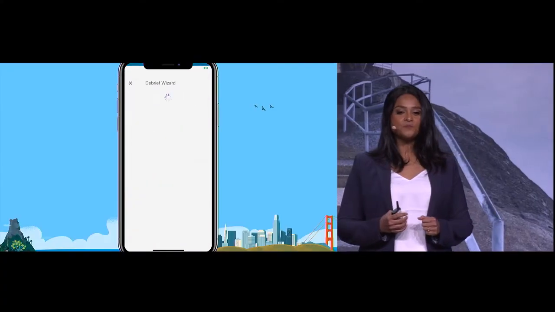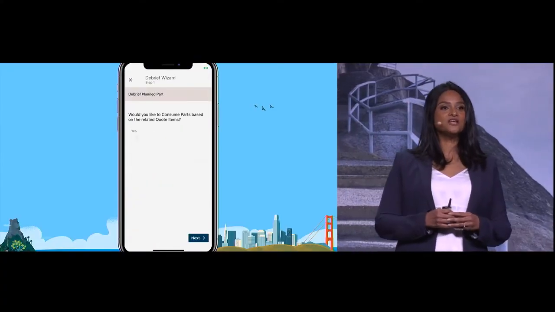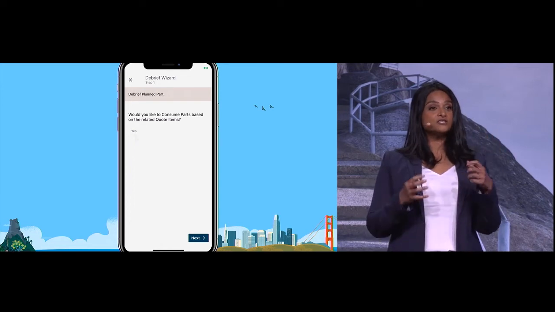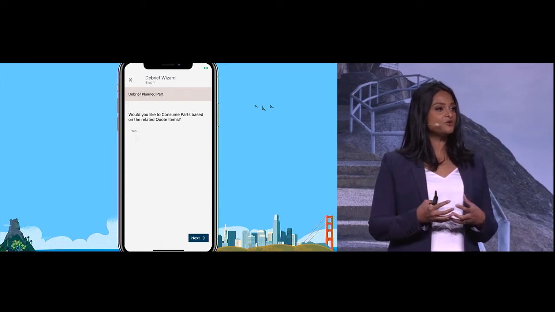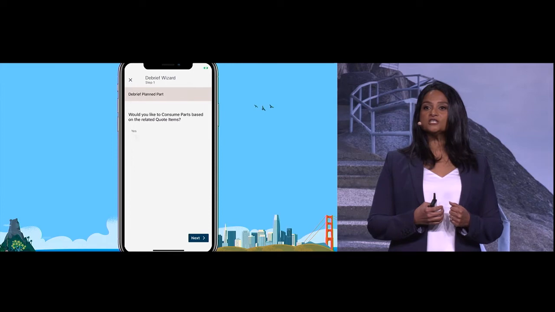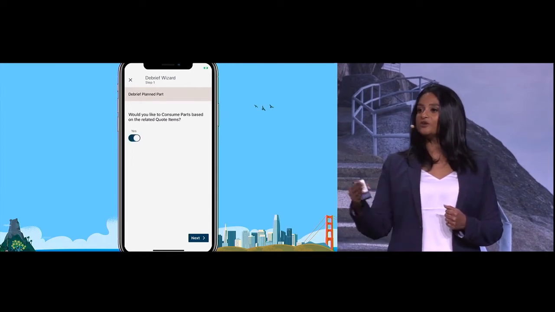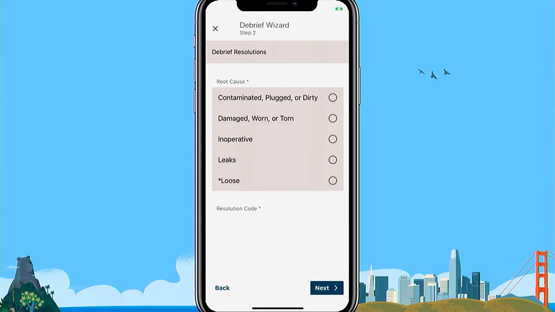In addition to this, Stratasys has given each and every mobile worker the ability to walk through step-by-step resolving the issue and capturing data through a debrief wizard. The first step of this wizard is acknowledging that this work order is linked to a CPQ quote. And Bria is given the option to consume all of the parts that were quoted to the customer. Next, she